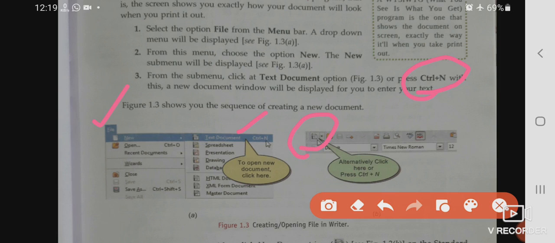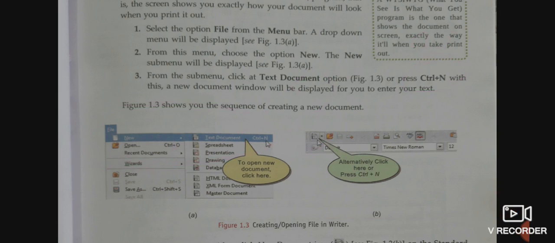When you click this, then also you can open a new document. So children, you now have three methods. First, with the help of File, New, Text Document. Second method is using Control plus N, and third method is clicking this icon. These are the three ways with which you can open a new file.